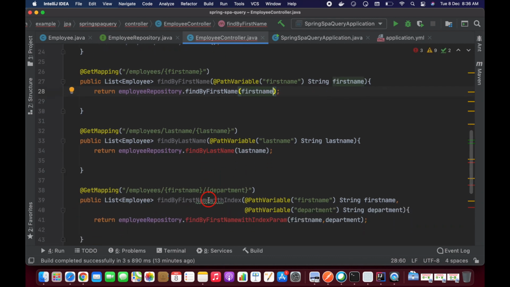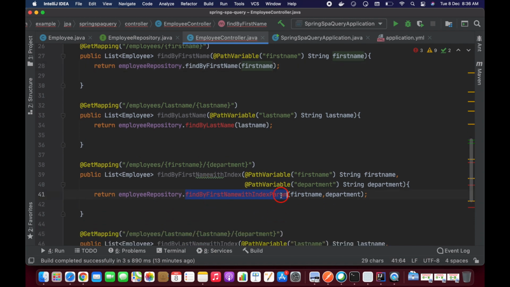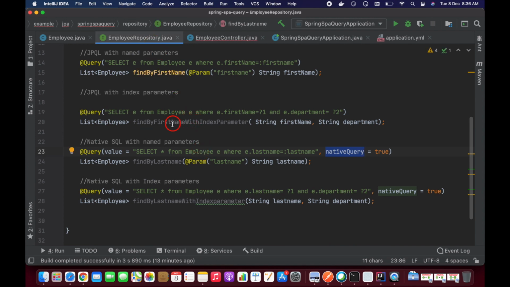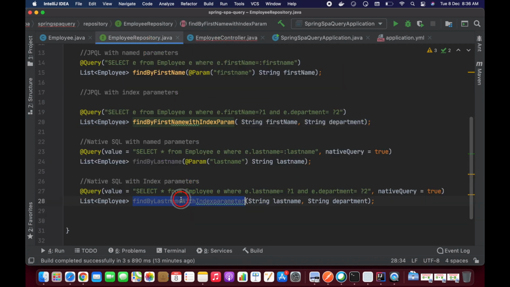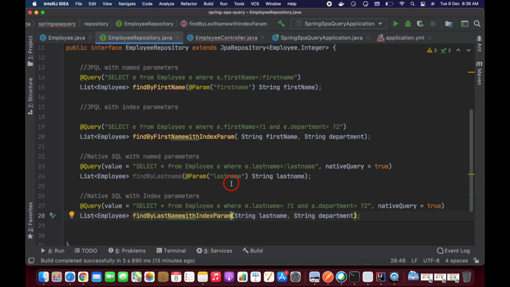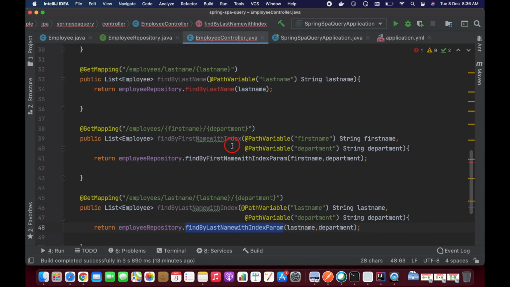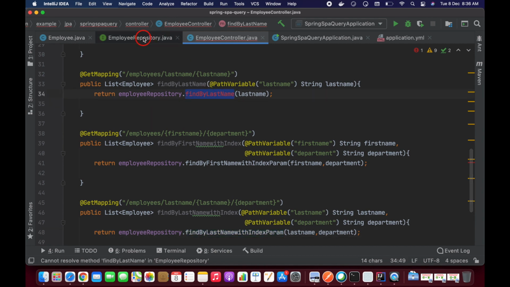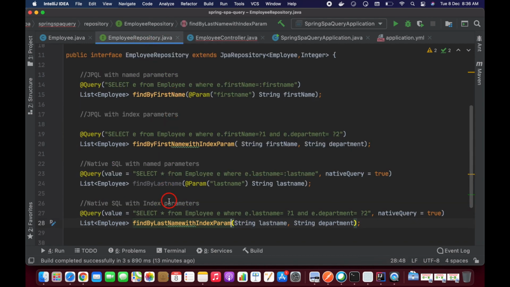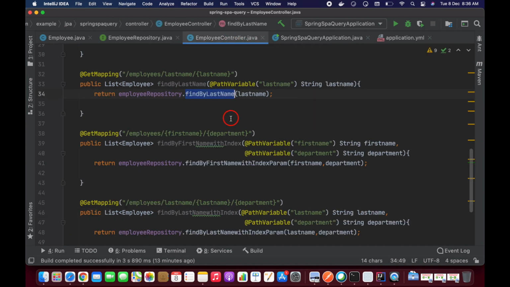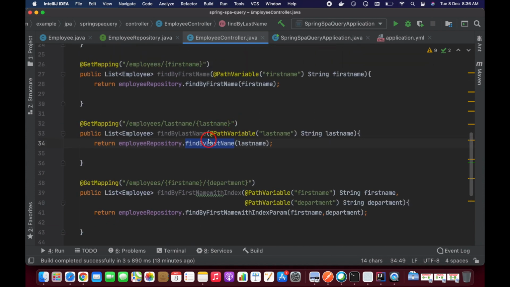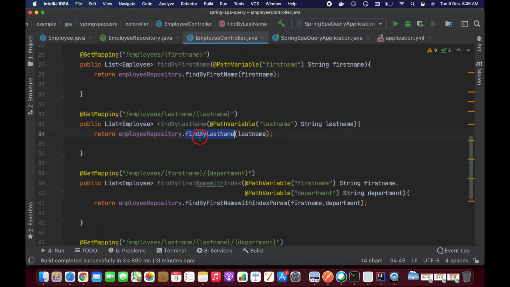These names should be matched, so find by last name. I just have some endpoints here.